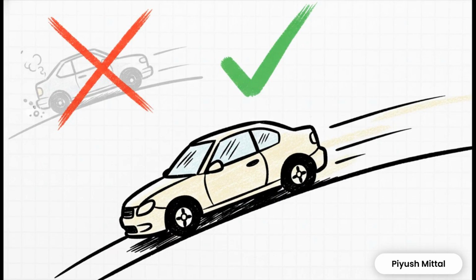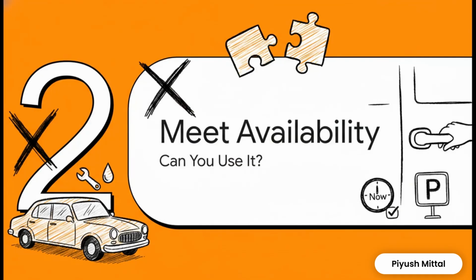Think of a car. The car's reliability has nothing to do with it sitting in your garage. It's all about what happens when you turn the key and hit the road. A reliable car is one that just works. It doesn't stall, the check engine light doesn't pop on, it just gets you from A to B smoothly. That's reliability. And that brings us to the other side of the coin, the second half of our puzzle: availability.